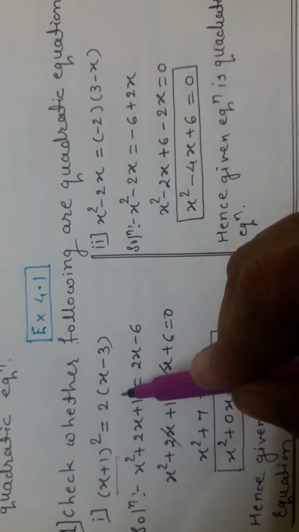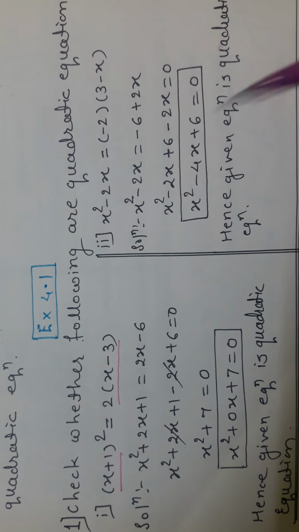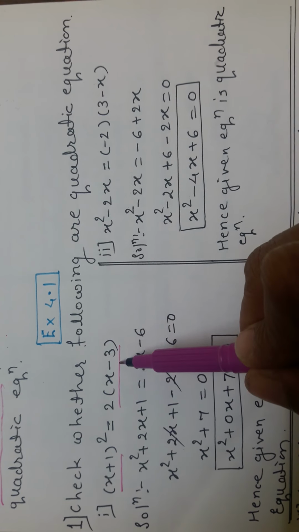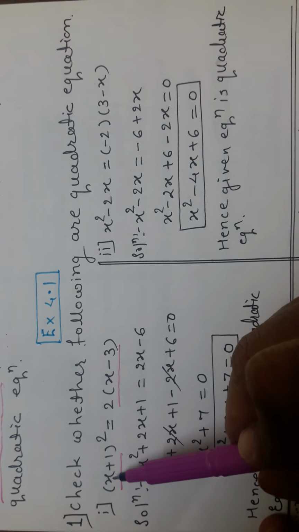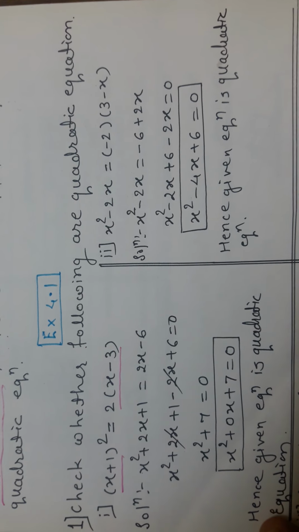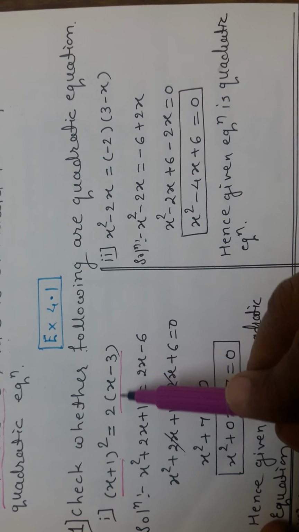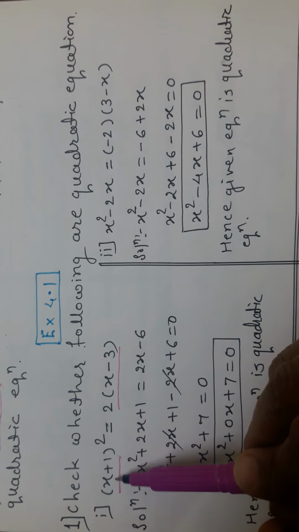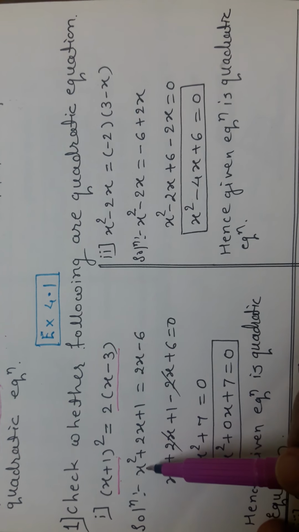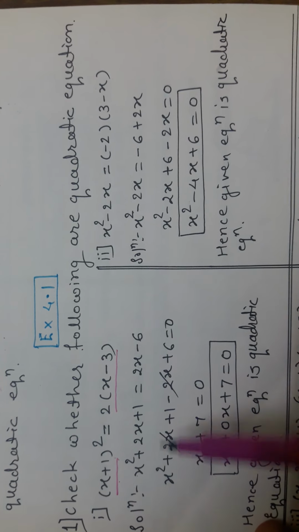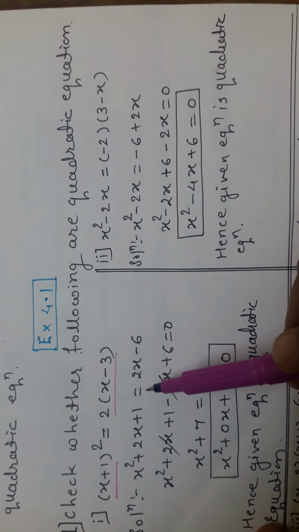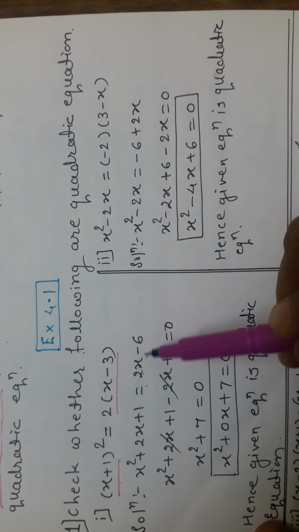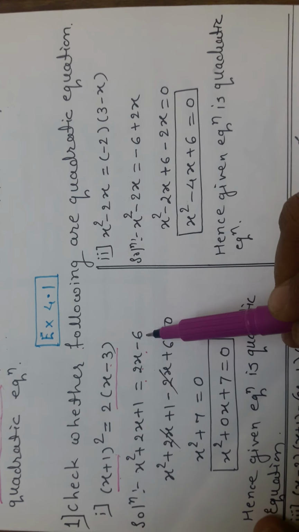They have given one equation, and for a quadratic equation we want the right hand side to be 0. Here in this equation it is not so, and the power of x we want is 2, that is the degree of the polynomial. That's why we have to solve this equation. In the first problem, we have to use a plus b whole square, the first identity: x square plus 2 into first term into second term plus second term square is equal to, now we will multiply this bracket by 2. 2 into x is 2x, minus 2 into 3 is 6.